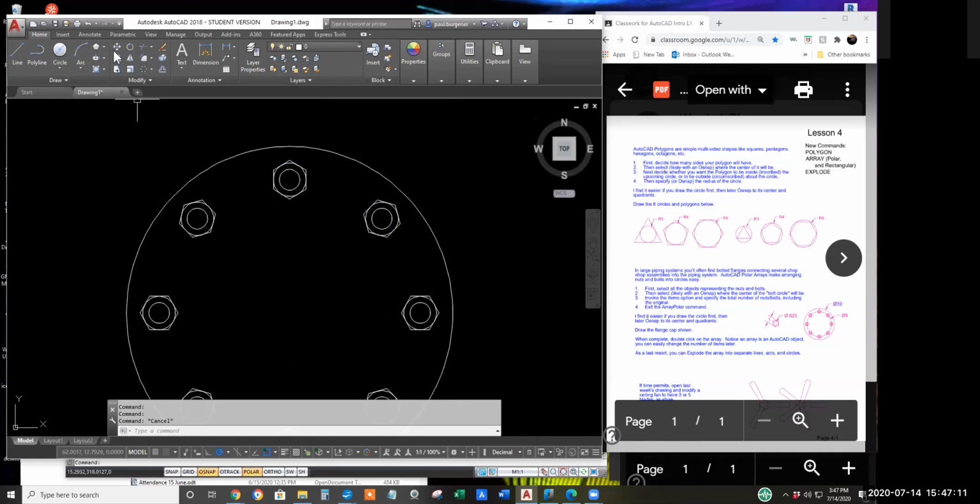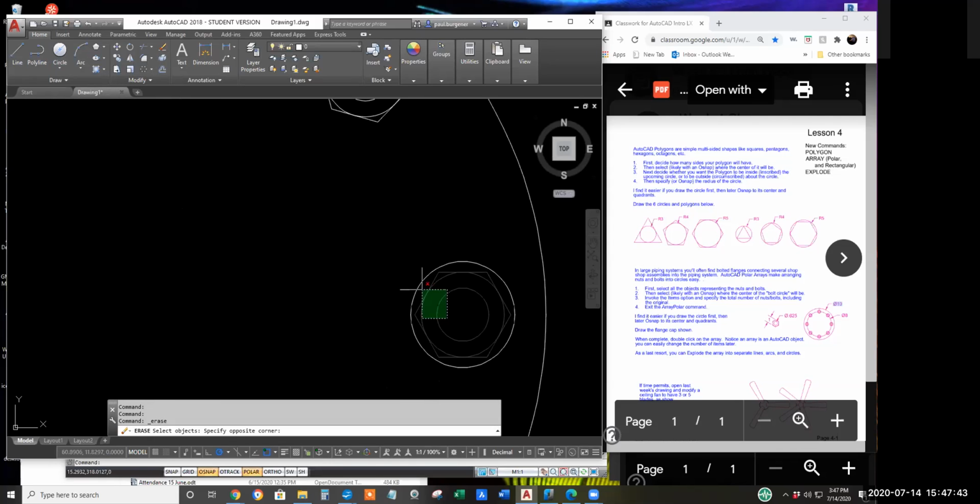So I can erase. It'd probably be wise to leave it intact for homing in on the center. Let's say our bolt is a, I don't know, 1¼ inch diameter. Drop down to the circle center diameter, snap at center, what do I say, 1.25. And simply erase everything else.